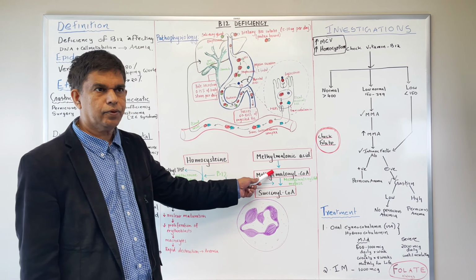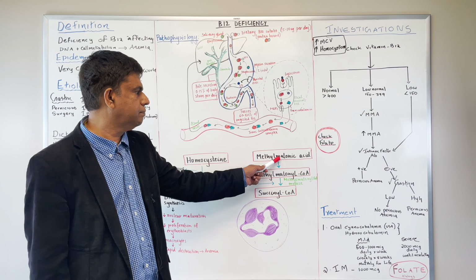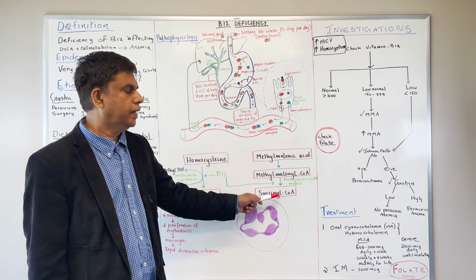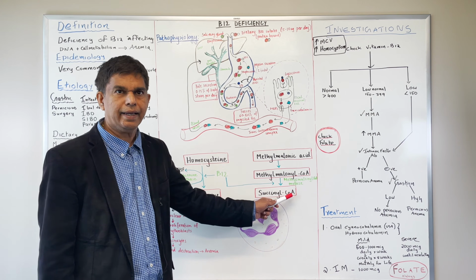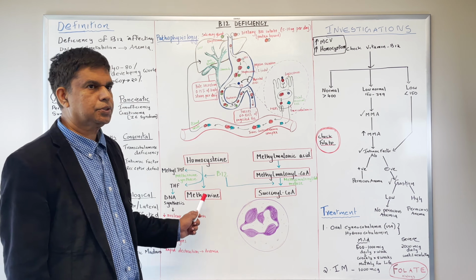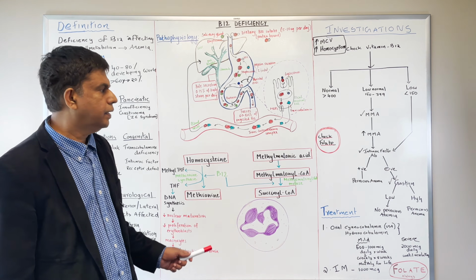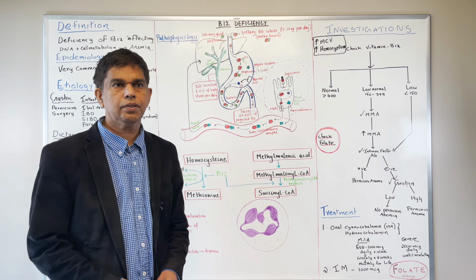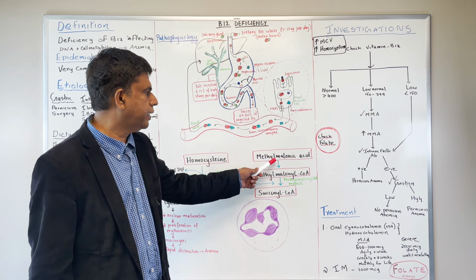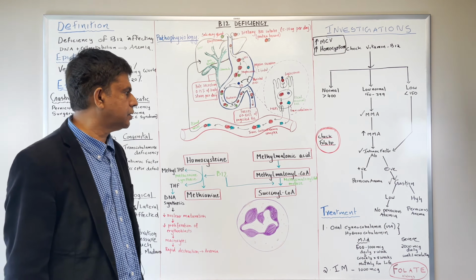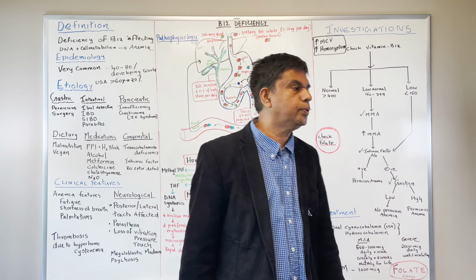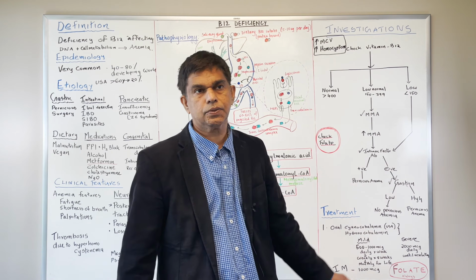But in this part, folate doesn't have any role. Only methylmalonic acid being converted into succinyl-CoA, right? The part of the Krebs cycle. So we need to understand this too. Everybody got that? And we have a nice picture of hypersegmented neutrophils in megaloblastic anemia right here. So this is very important. So which lab tests do we need to do for all of that? Now, the next step, the most important step, is what investigations we have to do.